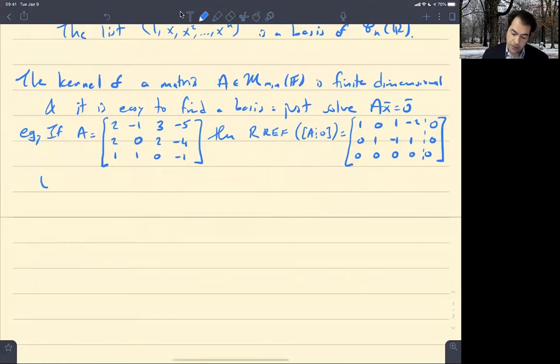And so vectors in the kernel of A satisfy,